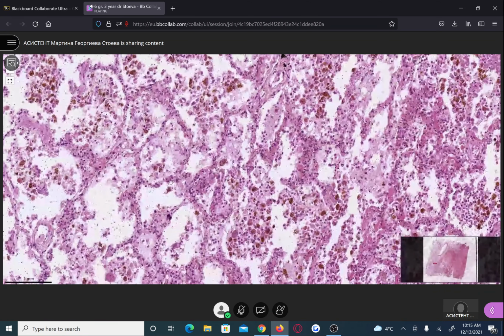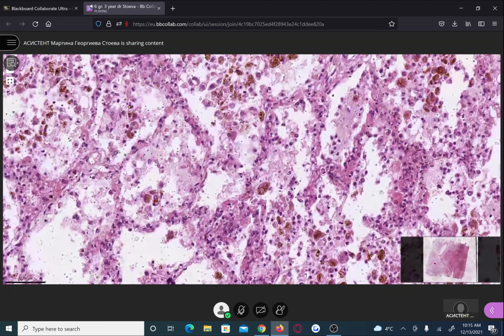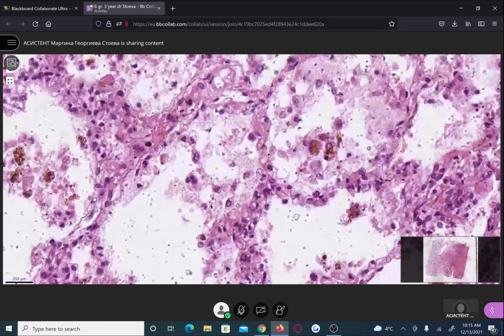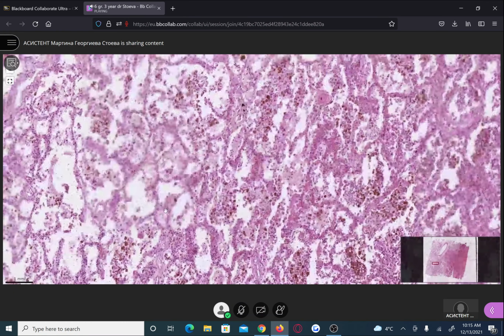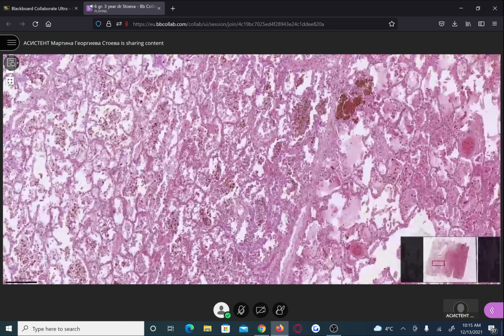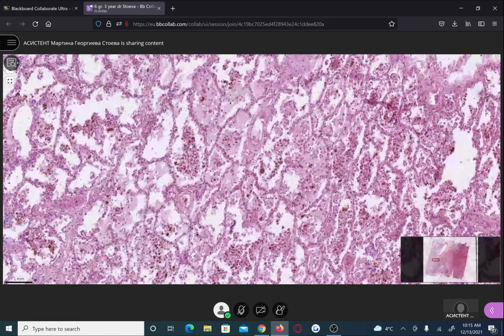But note that the alveolar septae are still lined by the alive alveolocytes. So we can find the nuclei of the alveolocytes that line the alveolar spaces. This won't be visible in the area of the infarction. About the siderophages that fill the alveolar spaces,